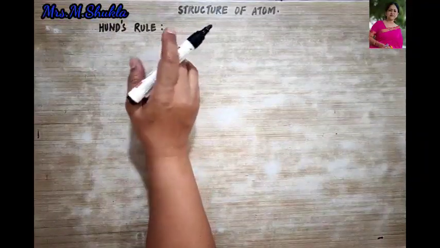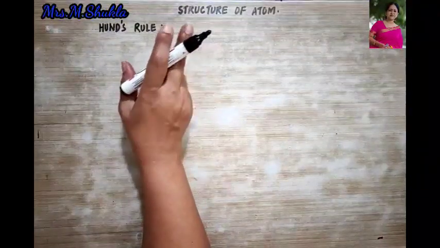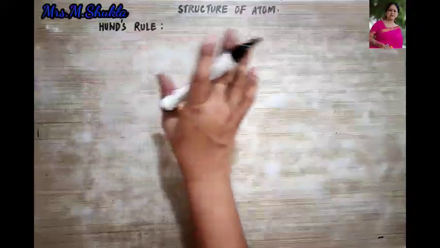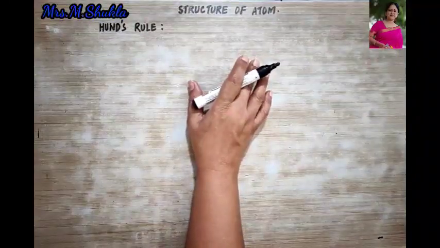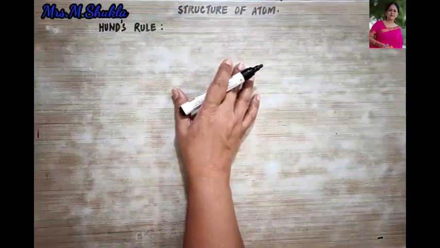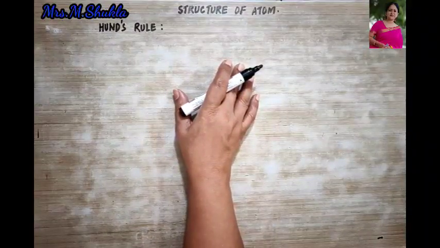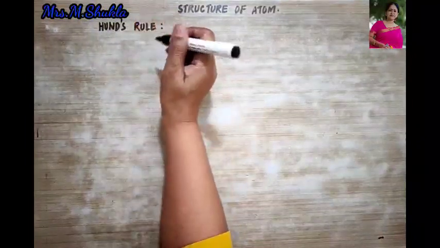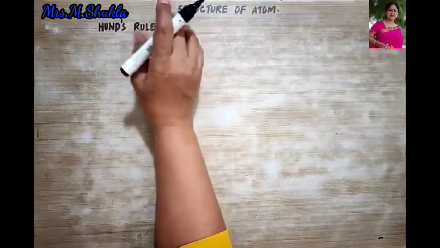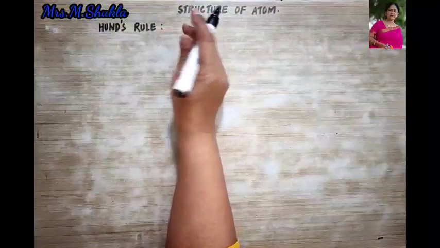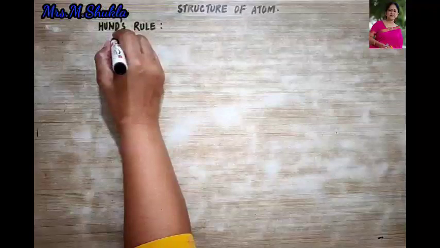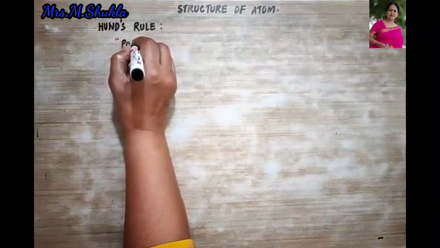He stated that pairing of electron spin will start only and only when all the orbitals corresponding to a given azimuthal quantum number of an energy state are singly occupied. Clear? So let me first write it down for you, and then through examples I will explain and it will be clear to you. So Hund's rule stated that pairing